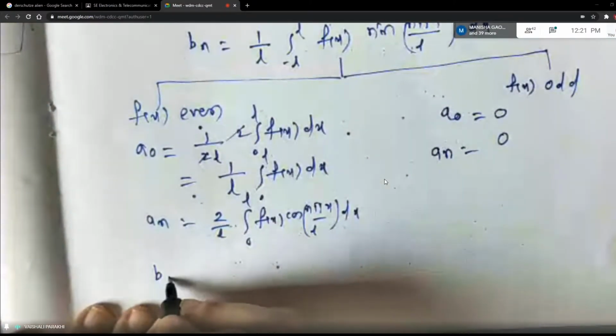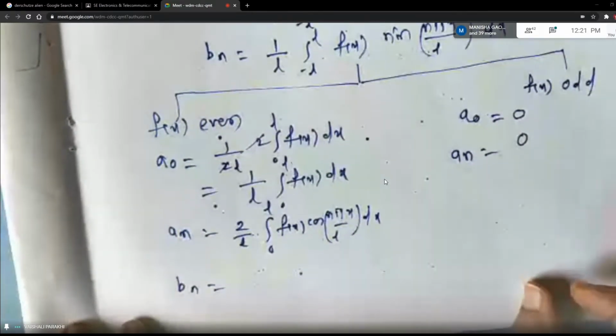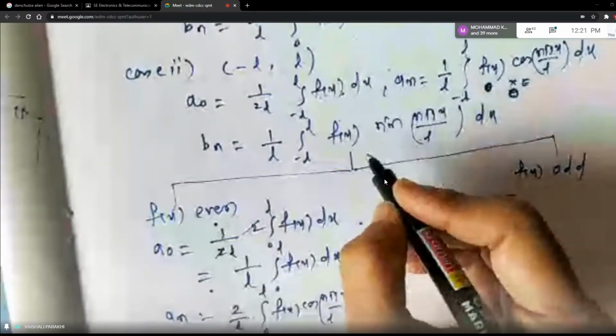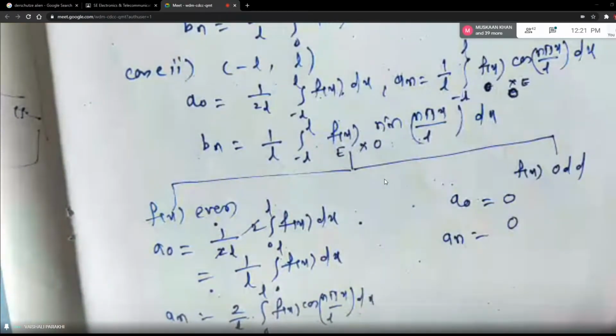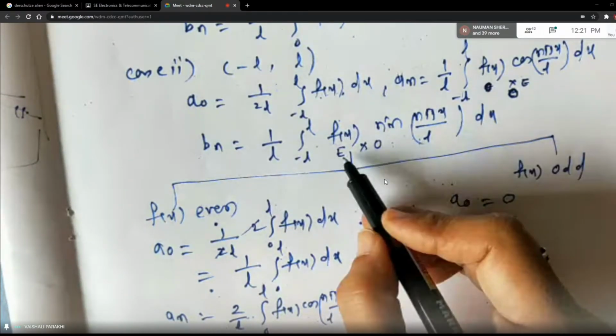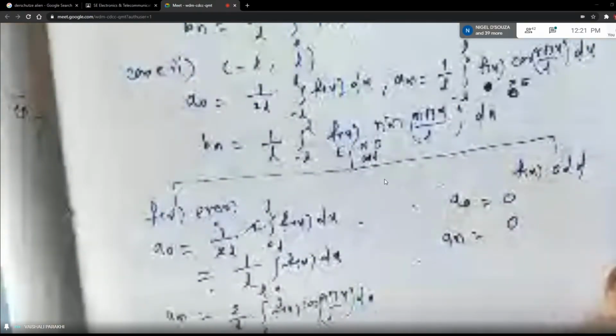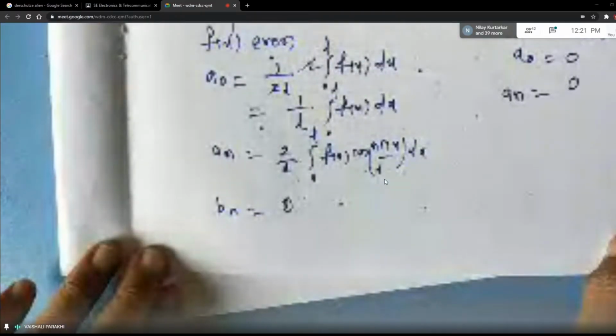Now let us see what happens with Bn, that is the last Fourier coefficient. Now take f of x as an even function first. But what is the sine function, students? I told you that sine is an odd function, cos is an even function. And what is even into odd function? It is odd, minus L to plus L, it is 0. So Bn in this case is 0.